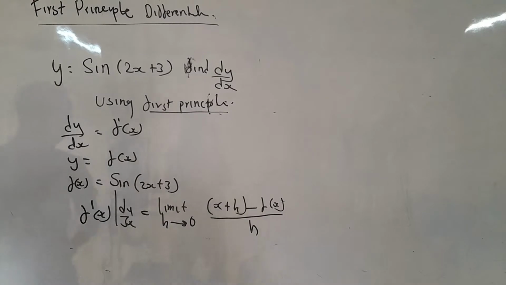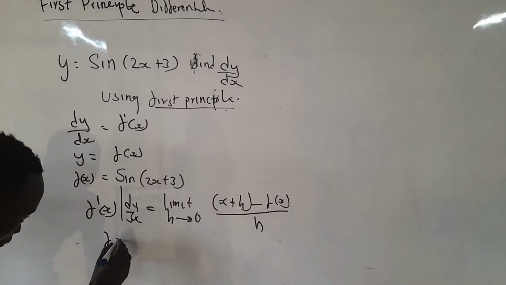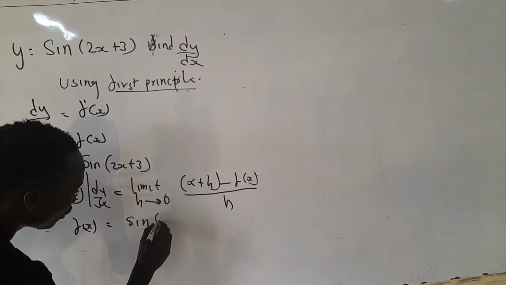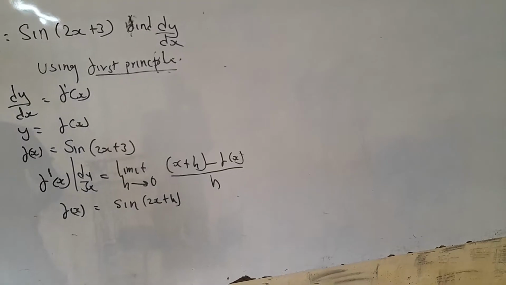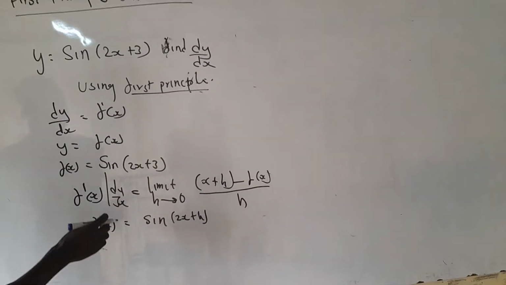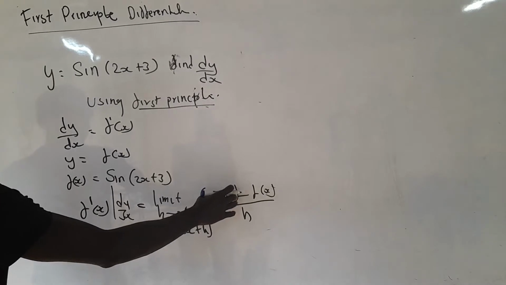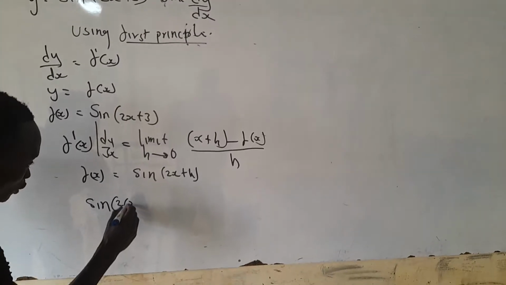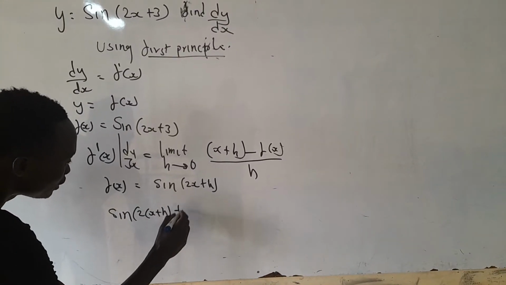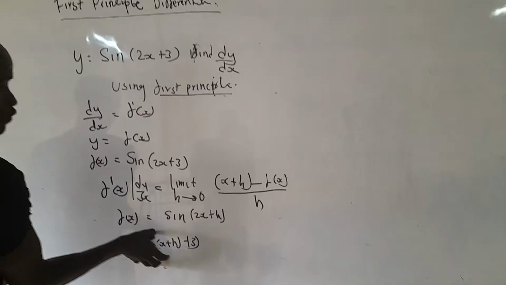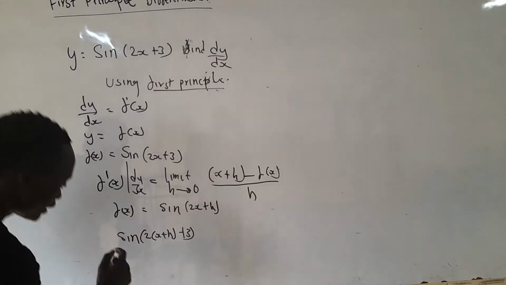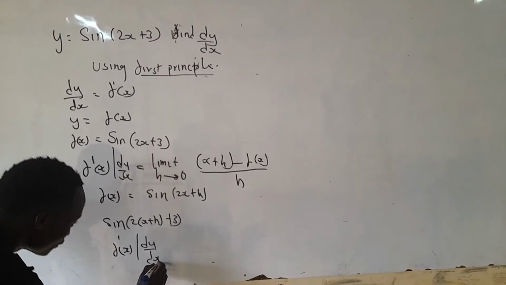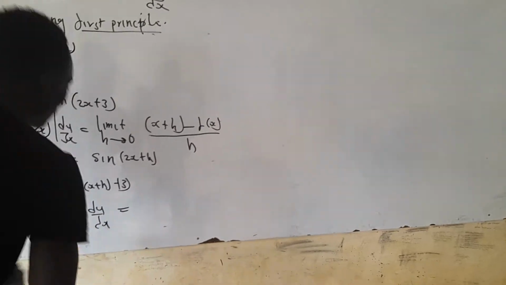Then from there, our f(x) is equal to sine of (2x + 3). And now, when there is x, you replace it in this function. So for example here, I have sine into 2 into (x + h) plus 3. So all of this is what I'm going to pick and place there, such that my f'(x), or dy/dx, is going to be,